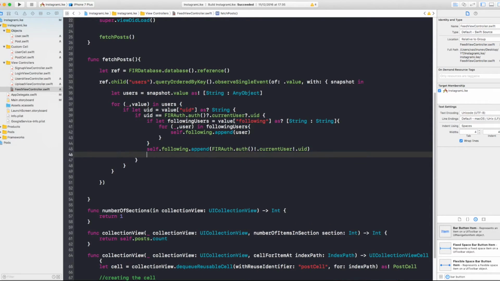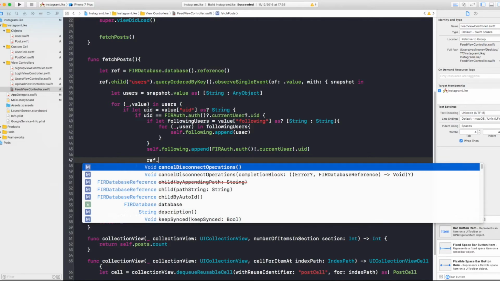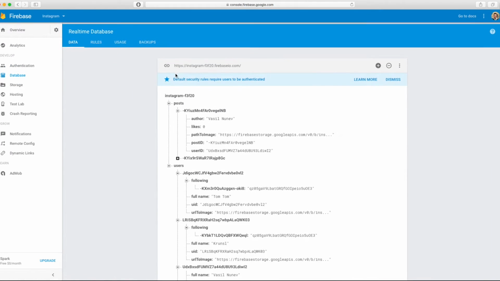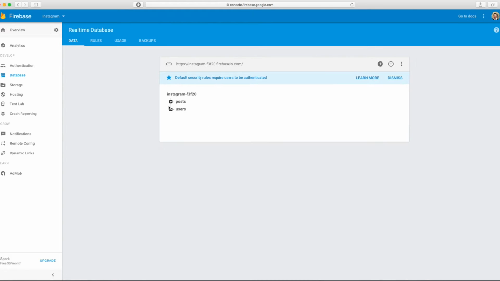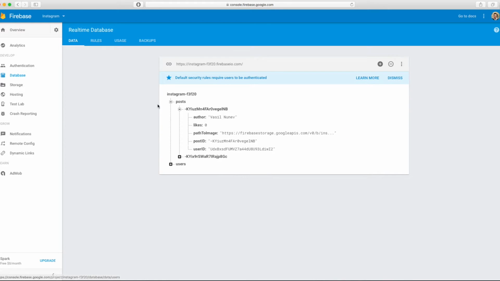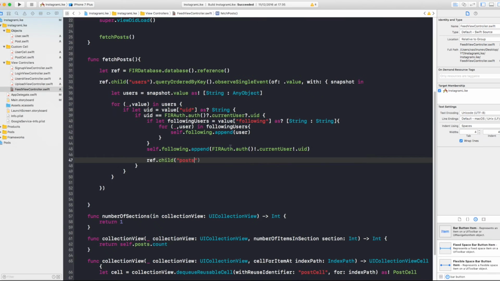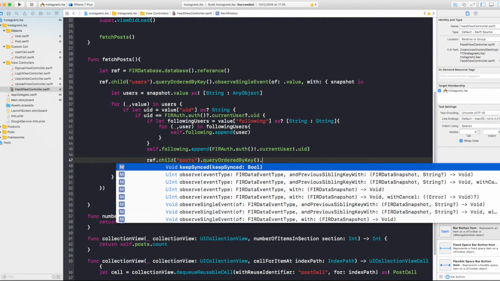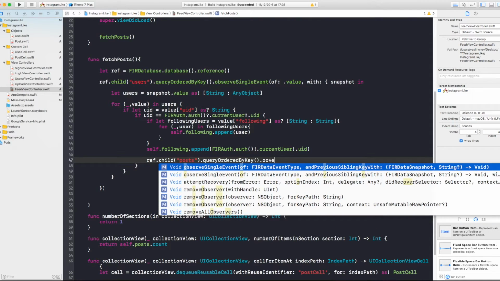under this one, you want to say ref.child. Now you want to go and see all the posts. So you just say posts. That's how we named it, right? Yeah, posts. So basically you want to get a snapshot of this branch. And you do the same one as up here, query ordered by key and observe single event,